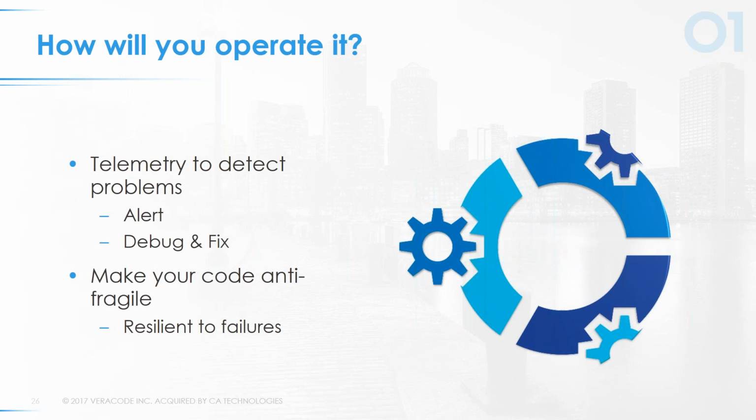Operations. It's not about debug, right? It's not about throwing a bunch of stuff in the log and saying I'll scratch through that later. I need to turn that data into information. I need to understand how my software behaves, the kind of things that should trigger either an alert to me or some kind of response in the software, making my software anti-fragile, meaning that if things start crumbling around it or inside of it, it doesn't take down the entire system.